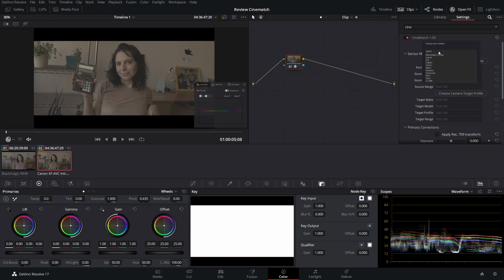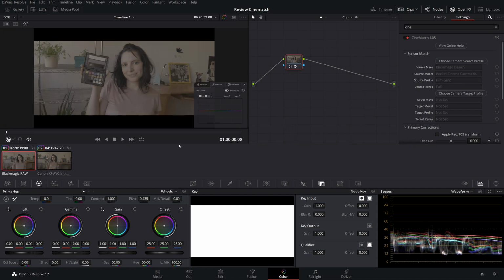I'm going to choose the camera, Canon C70 and Canon Log 3 Cinema Gamut, which I chose in my camera, and it's limited because this is default and I didn't change it in my camera. So I will apply this, and now I'm going to come back to the Blackmagic RAW because I want to bring this one to this one.